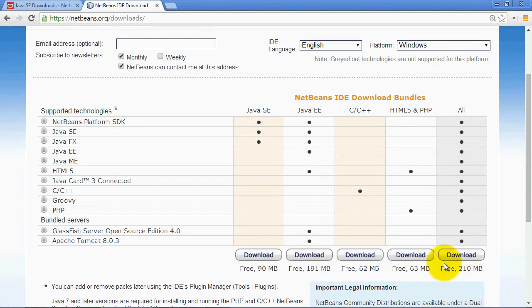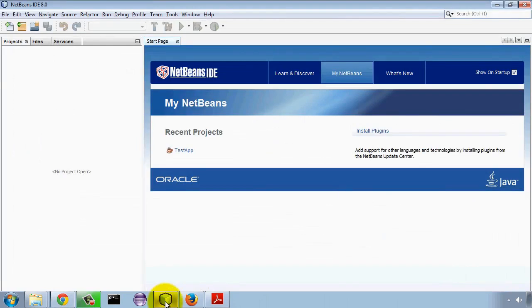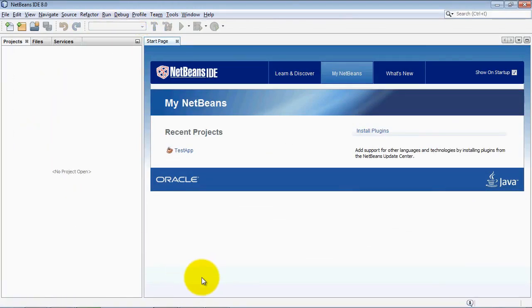Now, once you have the IDE installed and you launch it, initially the NetBeans window will appear something like this on your screen. Sometimes it will show just the Start Page tab, and sometimes it will also show these other tabs at the left side of the IDE. On an IDE that shows just the Start Page tab, when you close that tab, then this project's window will be displayed on your screen. Now, the Start Page is going to give you access not only to any recent projects that you've worked on, but there's also a Learn and Discover tab where you can learn about the NetBeans IDE with some tutorials to help you get into it, and also separately a What's New tab